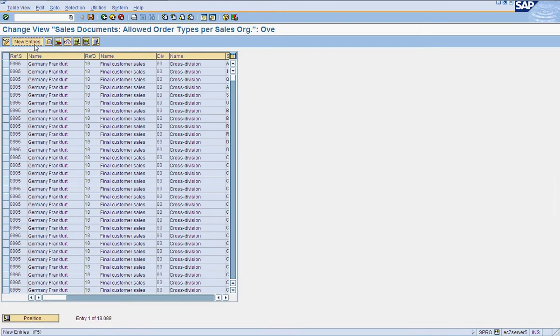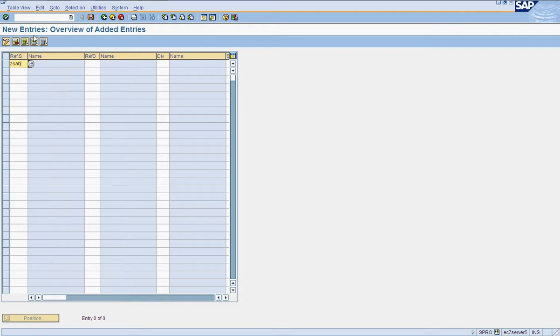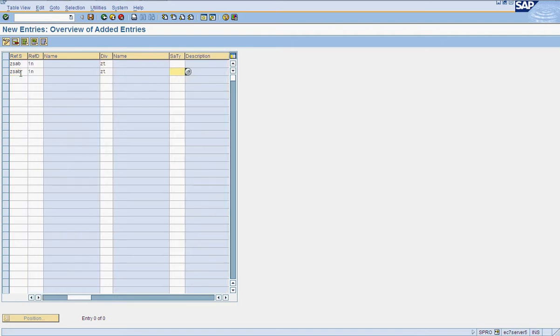Create new entry. So herein you can see everything is reference sales area. So just entering the same thing. ZSCR for our credit memo. Sorry, ZBOR.